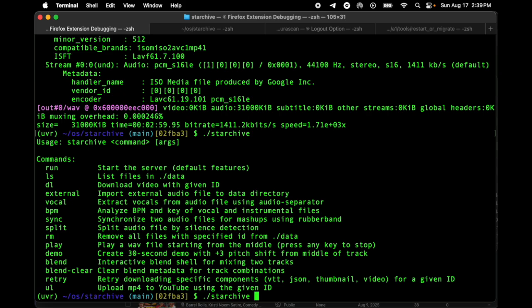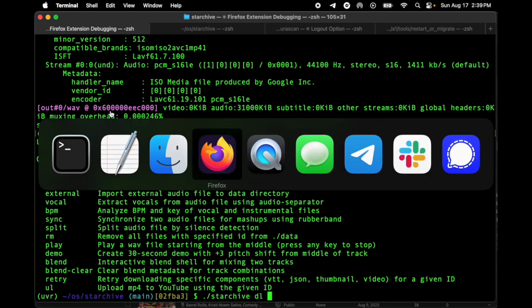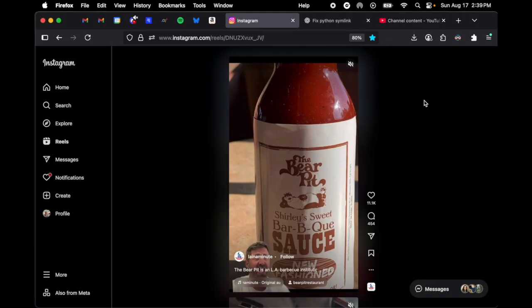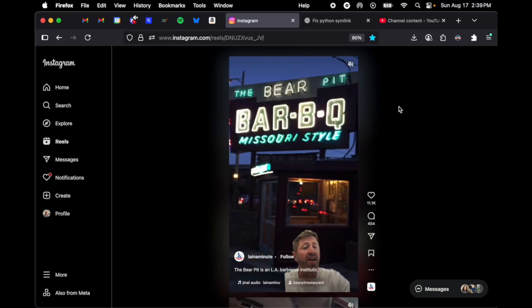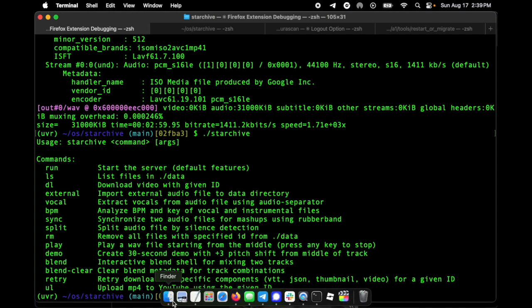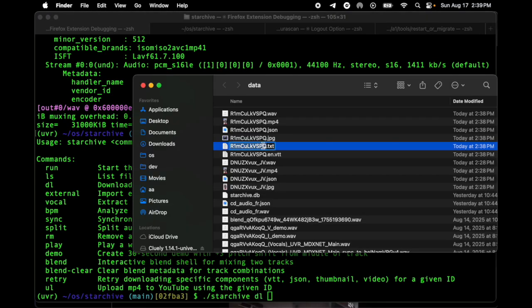And so then it's just a matter of you say download and you paste in your reels. And that's also something we can automate. We can make it just like we do on Instagram, where you just have to go here and it'll automatically download it in the background. And then it'll automatically upload it to your YouTube channel. And then sure enough, it'll download it, and then eventually you'll end up with this file.